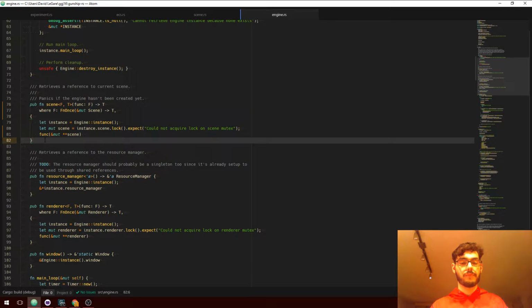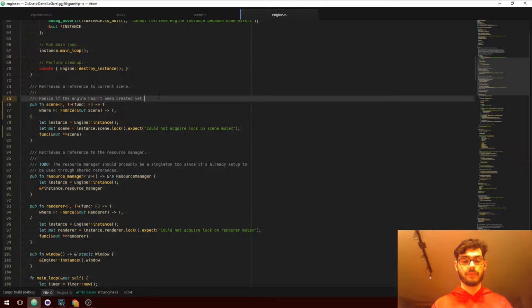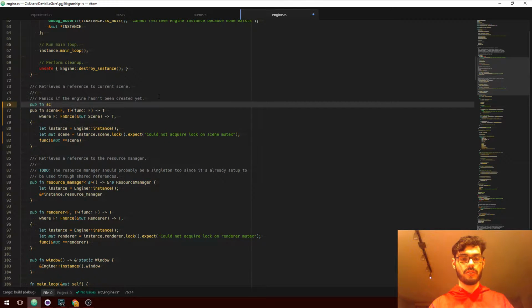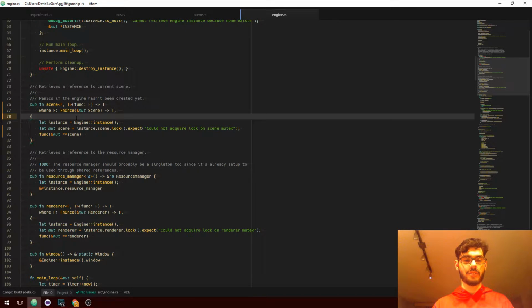But now previously to access the scene, it was pub function scene and then returned a static reference to the scene, which was bad because that scene wasn't actually static. And there's potentially a bunch of ways to invalidate that reference. So instead what we've got now is we take a closure, there is a mutex around the scene.